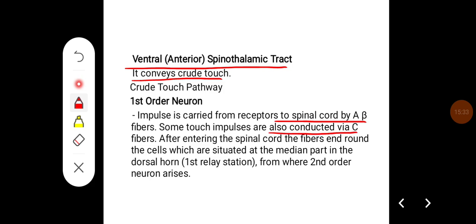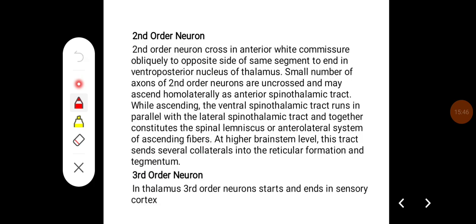After entering the spinal cord, the fibers end around cells situated in the median part of the dorsal horn, the first relay station from where the second order neuron arises. The second order neuron crosses the anterior white commissure obliquely to the opposite side of the same segment to end in the ventro-posterior nucleus of the thalamus. A small number of axons of second order neurons are uncrossed and may ascend homolaterally as the